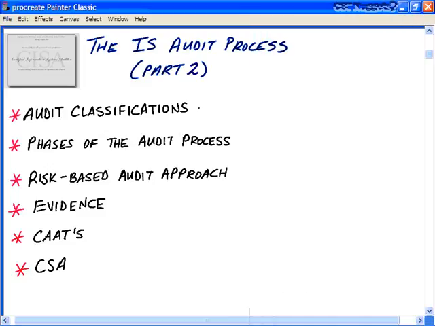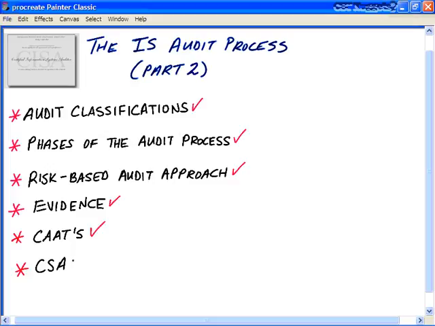In this CBT Nugget, we're going to look at 6 main topics. First of all, we'll explore audit classifications. Then, we'll look at the several phases of the audit process. We'll look at a risk-based audit approach, and then we'll break down some concepts like evidence, computer-assisted audit techniques, and